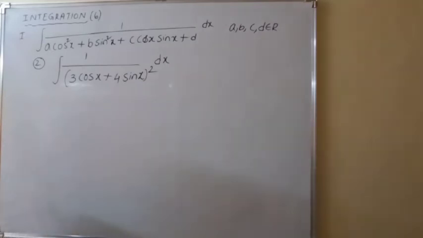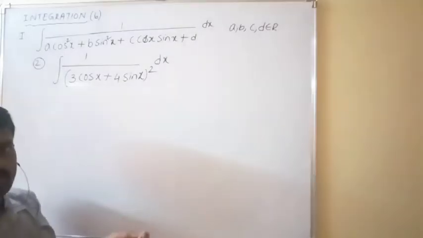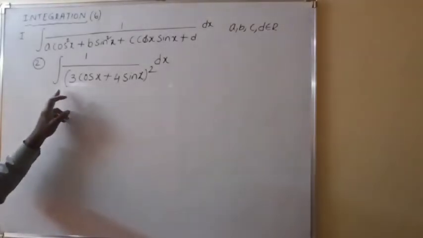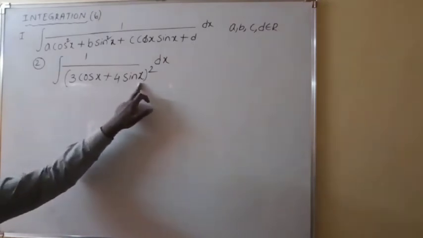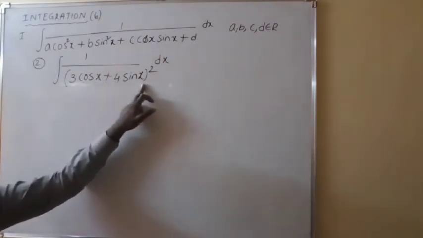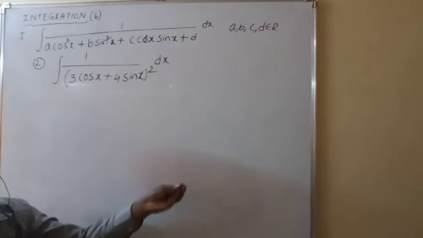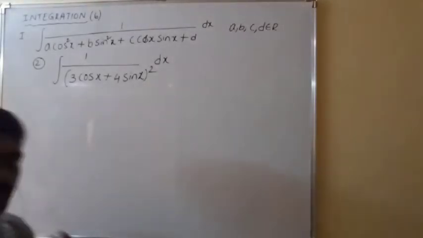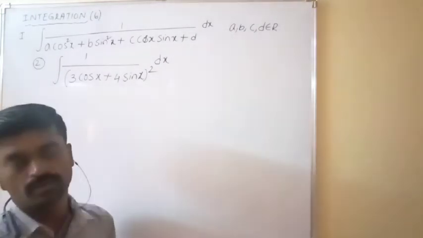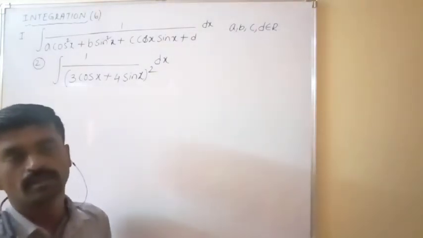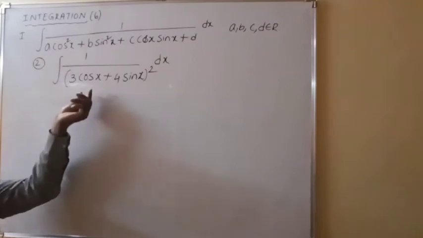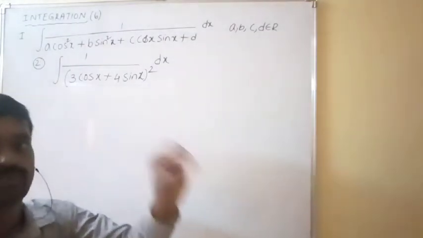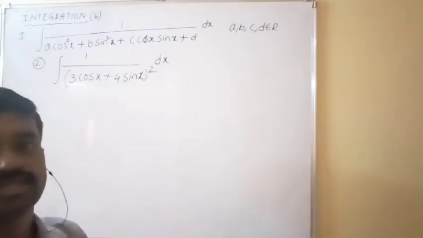Okay, so after dividing with cos square x, whatever the part inside the bracket, that one you take directly as t. Or if you take tan x is equal to t also, you will get the answer, no doubt in that. But if you take directly, after dividing with cos square x, whatever the part you will get inside the bracket as t, then you will get the answer.